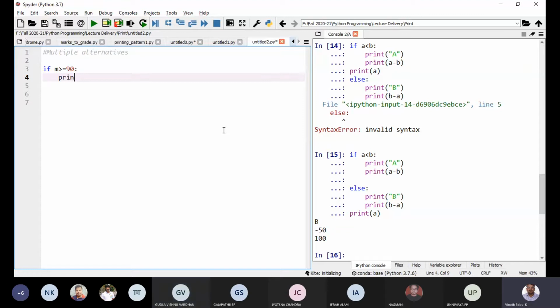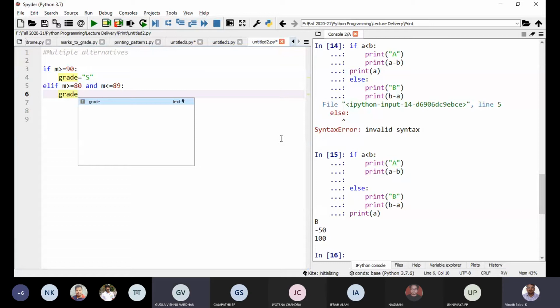Then elif m greater than or equal to 80 and m less than or equal to 89, grade is equal to A. You can notice that indentation comes by default.